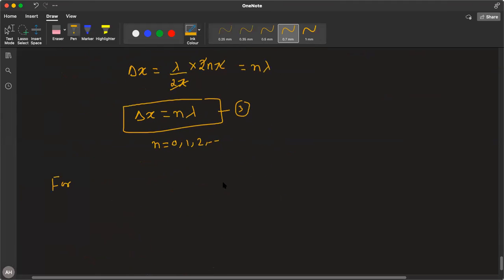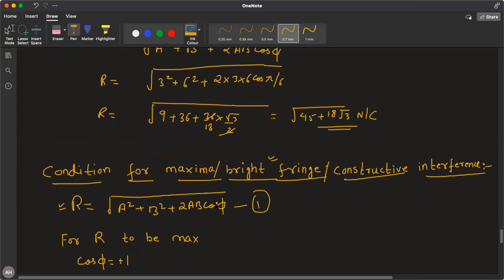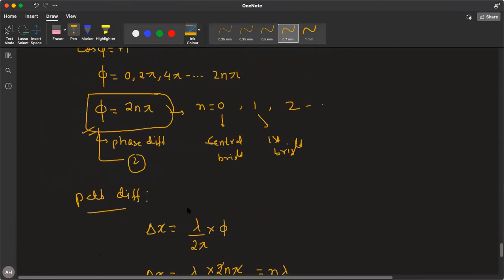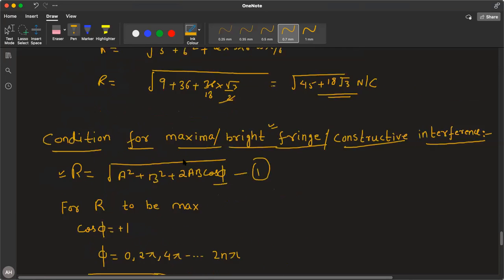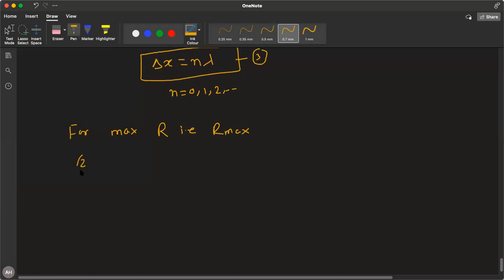Am I audible? Yes, sir. For maximum amplitude, that is R max, this is the amplitude for all phases, but if you want the maximum amplitude, put phi equal to 2n pi. So when we substitute in equation 1,